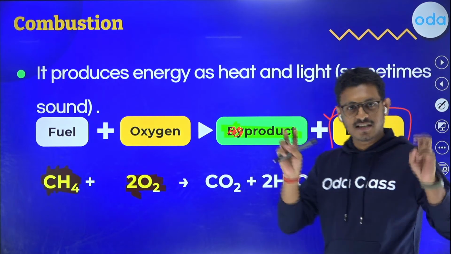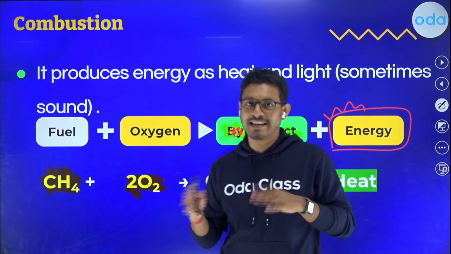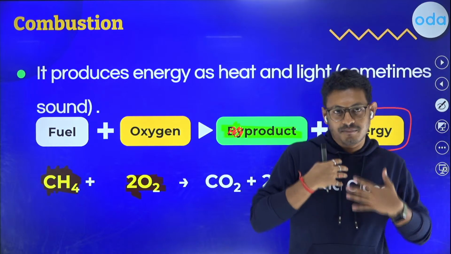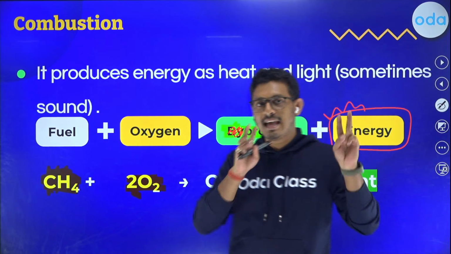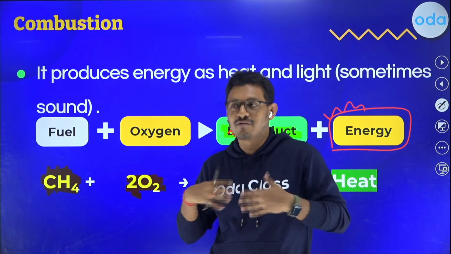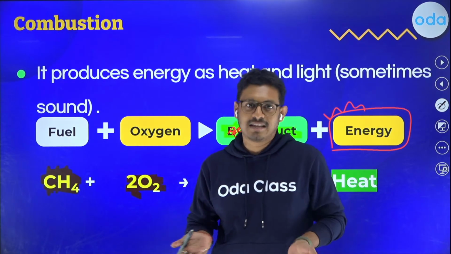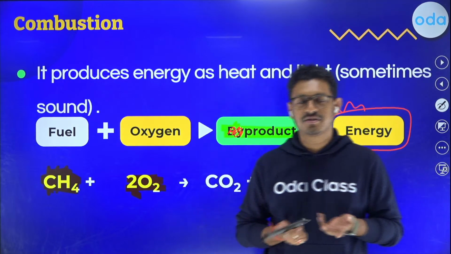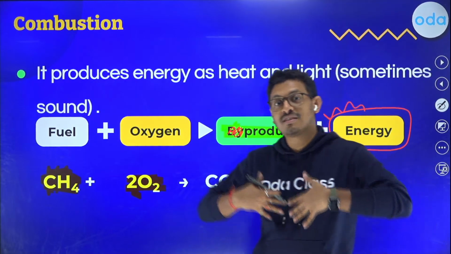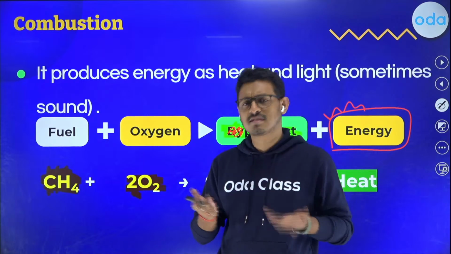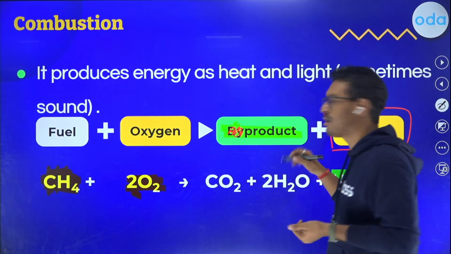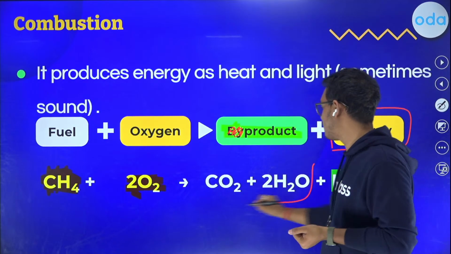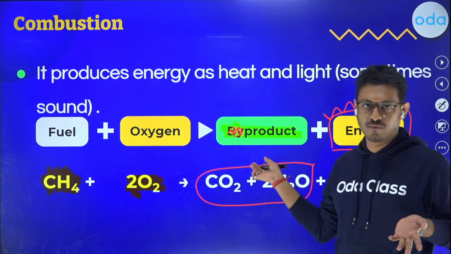Now, all these senior students in the channel must know that when a reaction gives you production of energy, we usually call it an exothermic reaction. That exo means out, thermic means temperature usually, or you can take it as energy. Exothermic means this reaction produces energy in the form of heat or some other way. So here the byproduct or product will include some amount of material such as carbon dioxide and water vapor